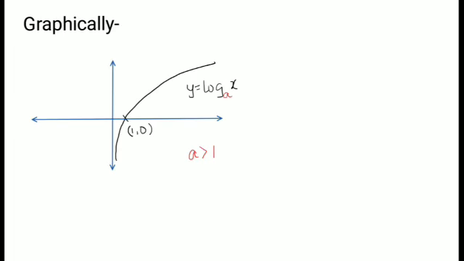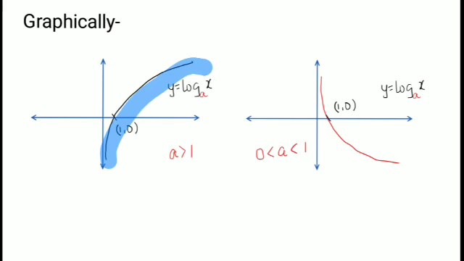Let's go ahead. Now if you're really curious how the graph looks, then on the xy plane the graph of log x looks something like this. But there is a catch over here. This is only for values for which the base is greater than 1, and it intersects the x-axis at (1, 0). But what if the base is smaller than 1 and greater than 0? In that case, the same curve will become upside down. Everything else remains the same for a base greater than 0 and less than 1. This is just for curiosity. Let's go ahead.